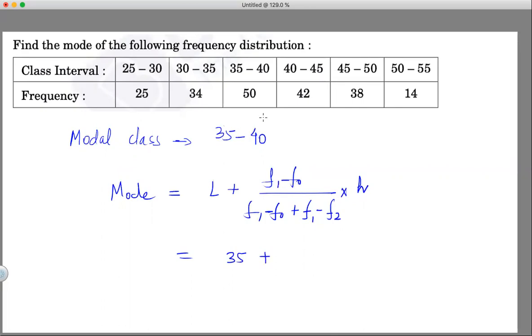So this is F1, this is F0 and this is F2, right? So this is what? 6 by 6 plus 8. And what is the class width? 5. Right? So it is 35 plus 6 by 14 times 5, which is 3 by